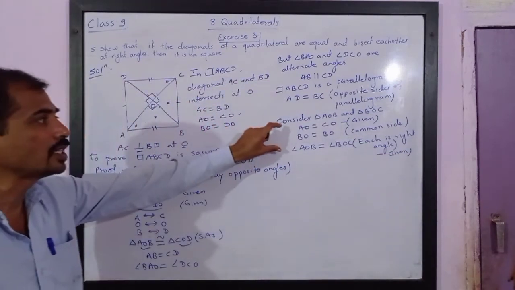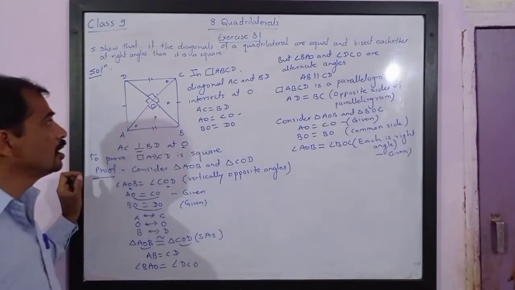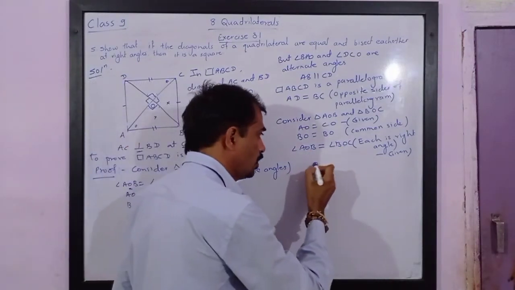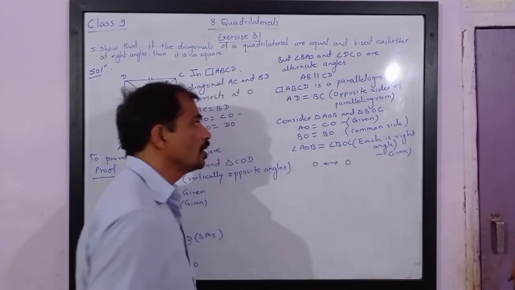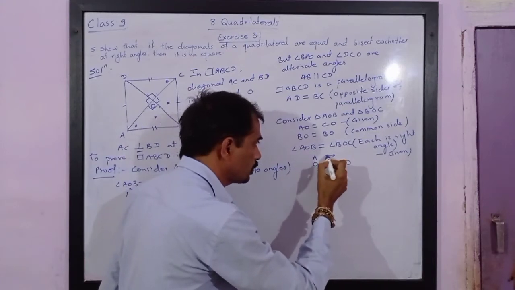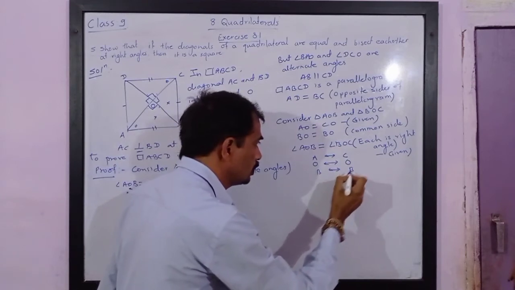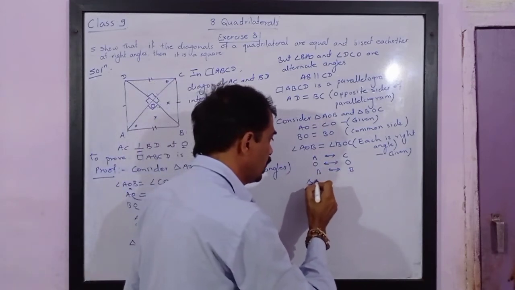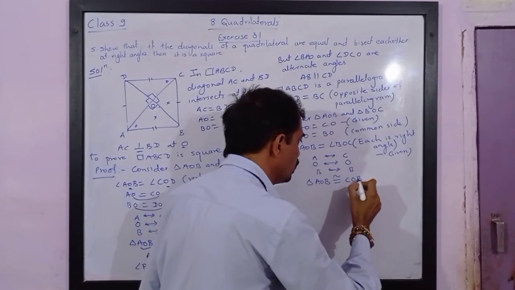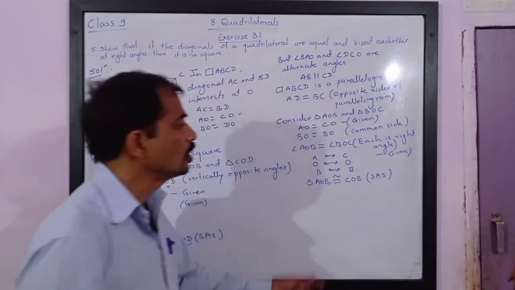Now see, these two triangles are congruent by side-included angle-side. But for this again one-to-one correspondence is important. Here please note, from the angle it is very easy to write O corresponds to O. Now as O corresponds to O, A must correspond to C and B must correspond to B. So I will get triangle AOB congruent to triangle COB. Reason is the SAS test of congruency. So these two triangles are congruent.